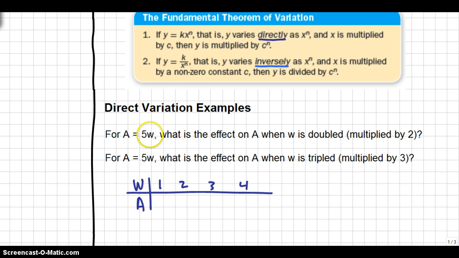If I plug 1 into the equation, I get a 5. If I plug 2 into the equation, I get 10. Plug 3 in, I get 15. Plug 4 in, I get 20. So now let's look at what happens if w gets doubled. Let's start with this one. If I take that w and multiply it by 2,